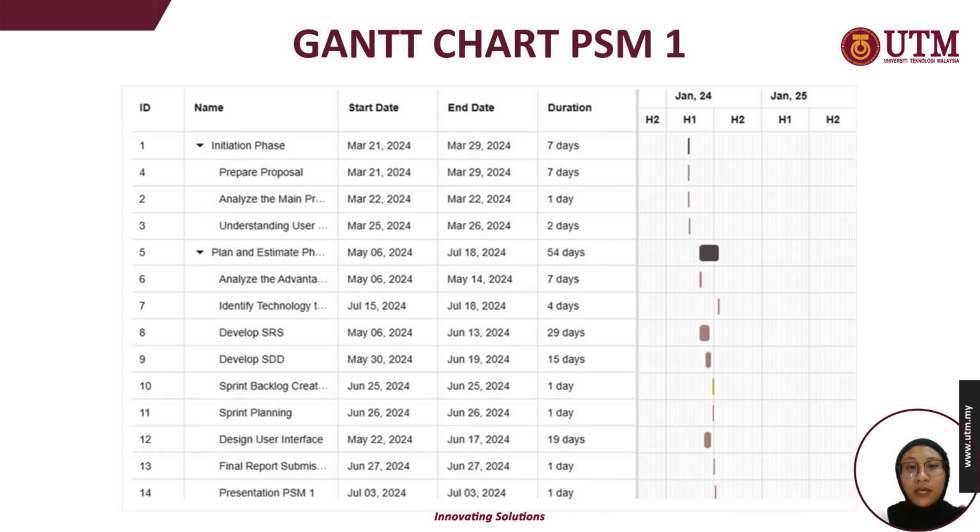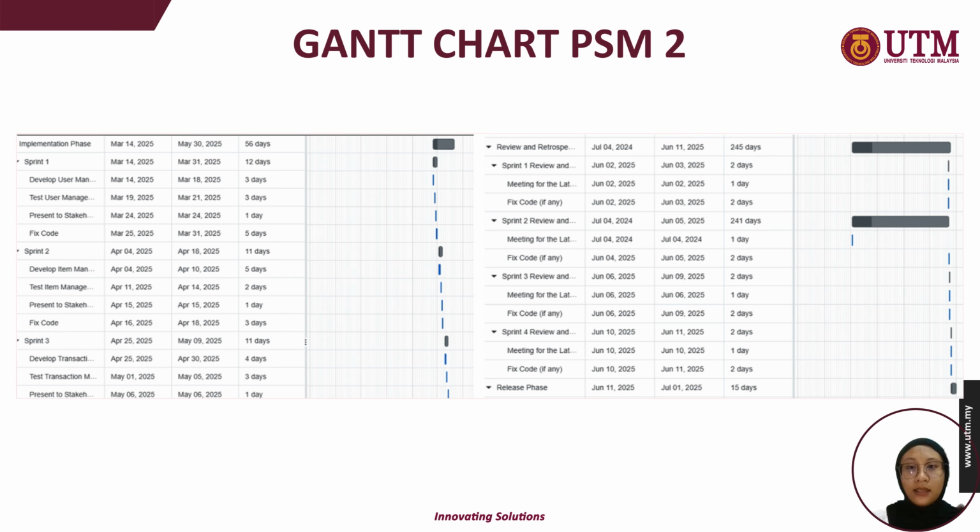As shown, the early part of the project involved activities like topic selection, proposal preparation, system requirement gathering, and design documentation. All these tasks focus on planning, researching, and preparing the groundwork for development in PSM2. And then this is the Gantt chart for PSM2, where the implementation begins. It includes tasks such as coding both mobile and web interface, API integration, testing and debugging, and documentation preparation. Each task was organized based on Scrum sprints, allowing continuous progress and testing of the features until the project